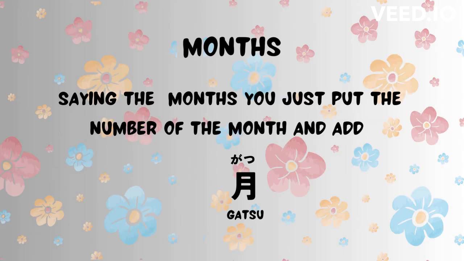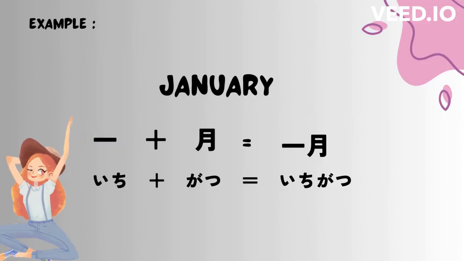As for the months, just put the number of the month and add gatsu. Like this example, it's easy. For January, 1足す月イコール1月。